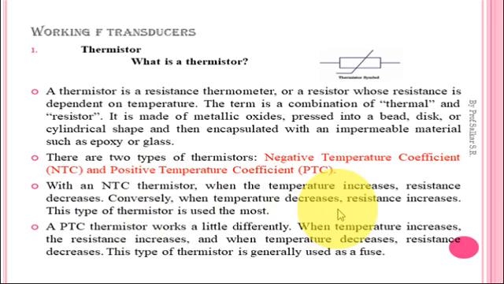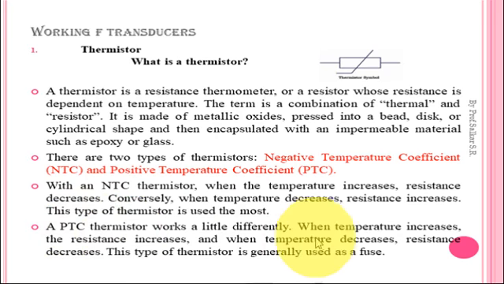Conversely, when temperature decreases, resistance increases. This type of thermistor is used most widely. So in NTC thermistor, the temperature and resistance are inversely proportional to each other, and it is the most widely used type of thermistor. And the second one is PTC, positive temperature coefficient, which is exactly opposite to that of